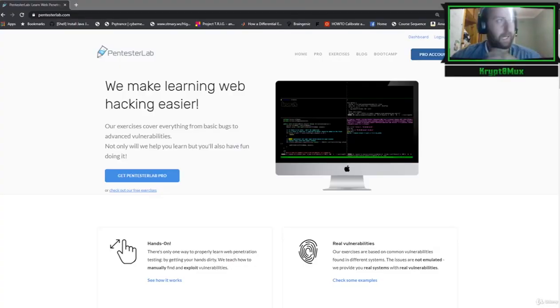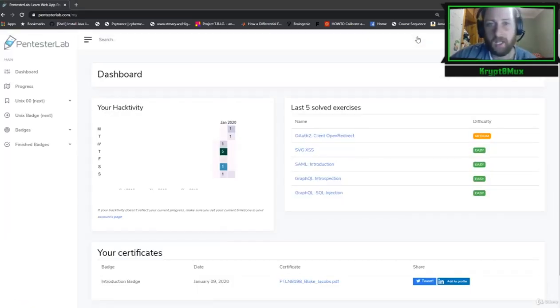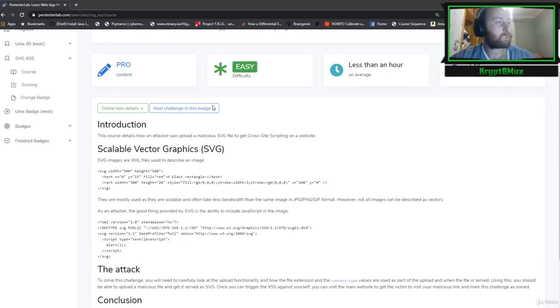Okay, so let's get started on our SVG cross-site scripting video. From the dashboard, we'll go to our pen tester lab and to the SVG exercise. This is what it's all about. It's generally found in file uploads. It says the course details how an attacker can upload a malicious SVG file to get cross-site scripting on